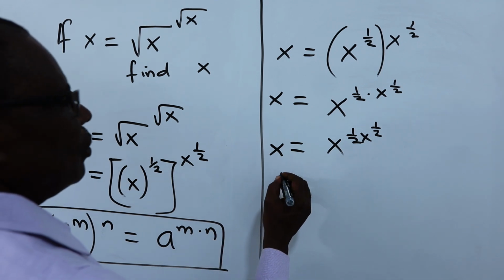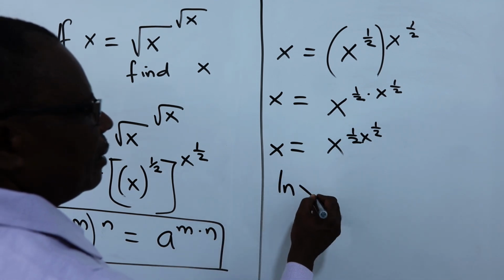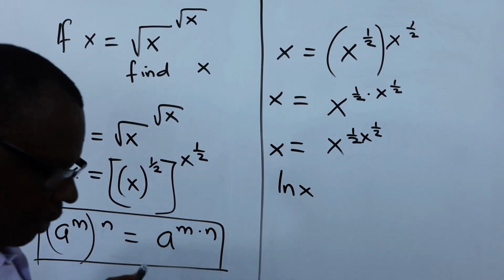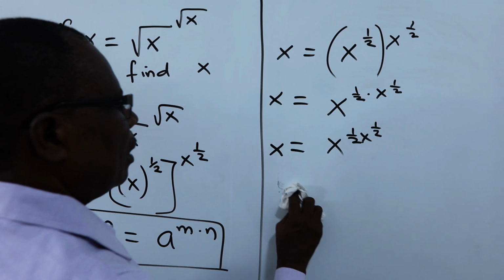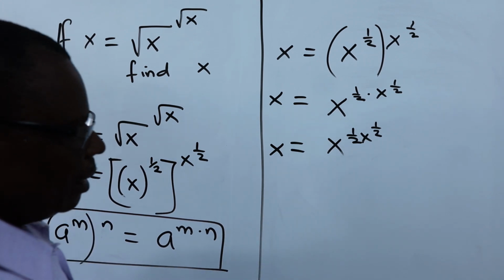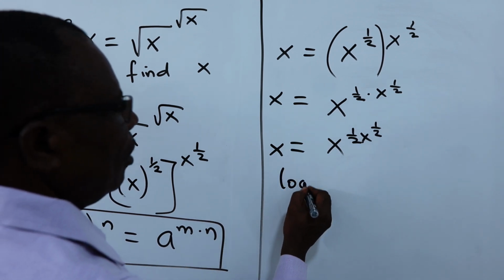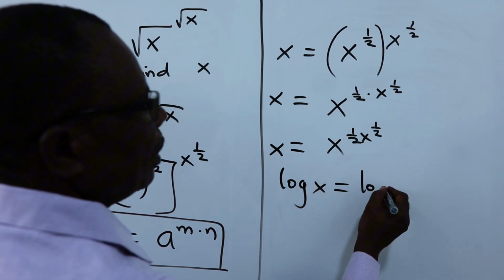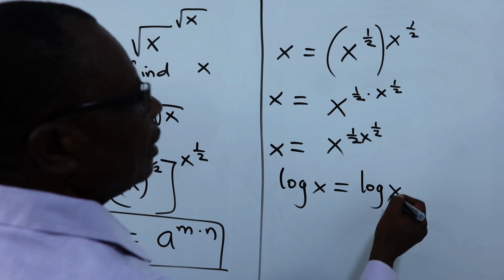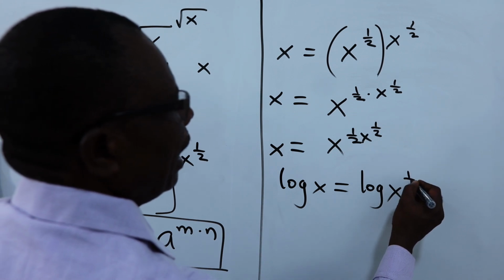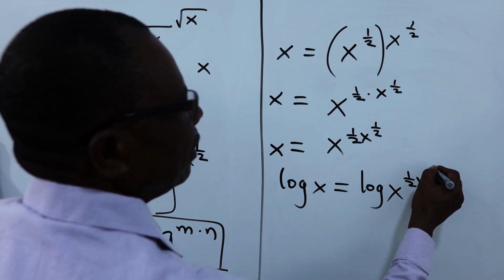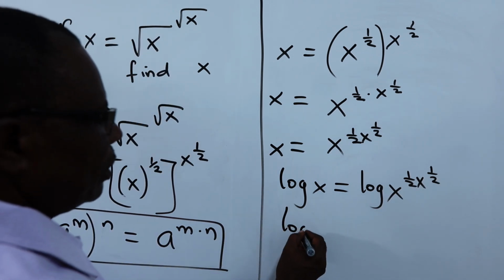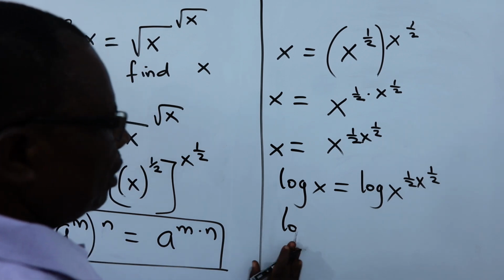So we now continue to say log nx. This is natural log, but we can actually decide to use log to base 10. We can now say log x is equal to log x raised to power half of x raised to power half. This becomes log